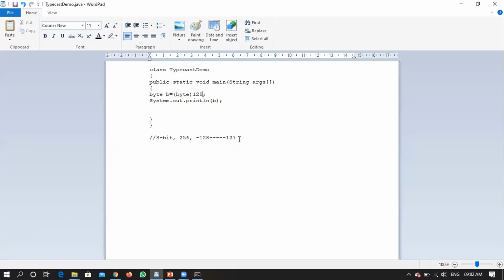So now what I mean to say is the range of values with respect to byte is 256. That means up to 127 all the values it will consider as positive. If you are giving higher values than that, it will consider all those values as negative, because its range is 256 values.